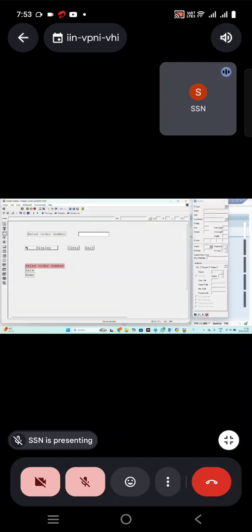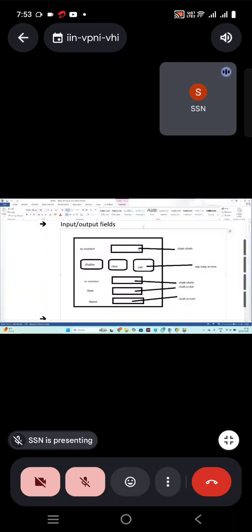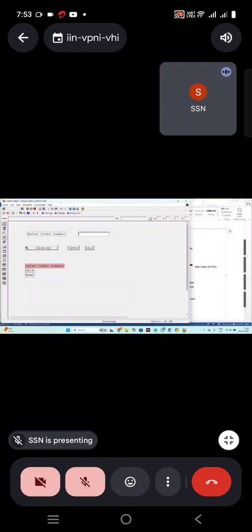Now I need the input output fields. If you observe here, I'm just passing this VBELN and getting VBELN, ERDAT, and one record I'm getting. So to get one record I can declare a select statement, right? Yes, a select statement can get one record, into where you are storing into a work area. So I'm going to declare a work area with those three fields. Clear? So like this, I will analyze and then I'm going to do that.